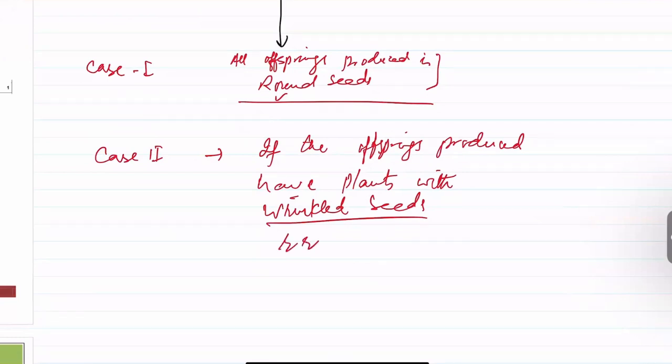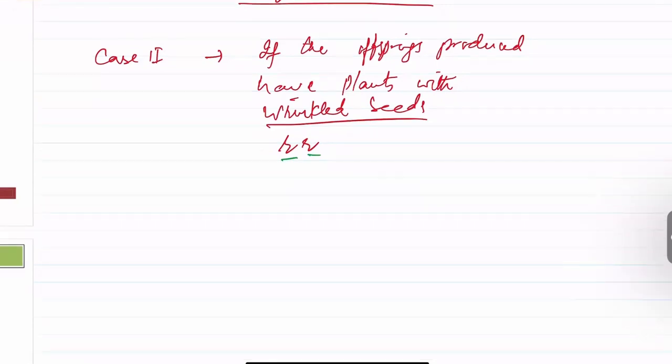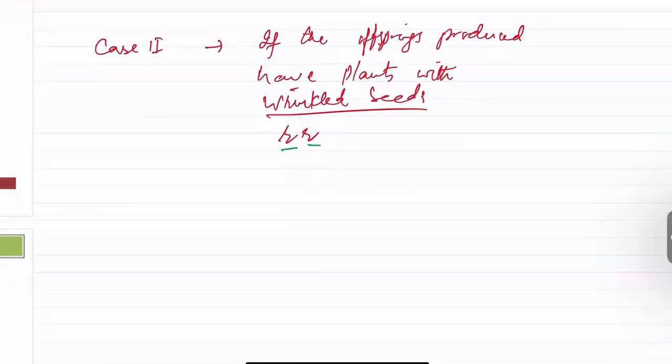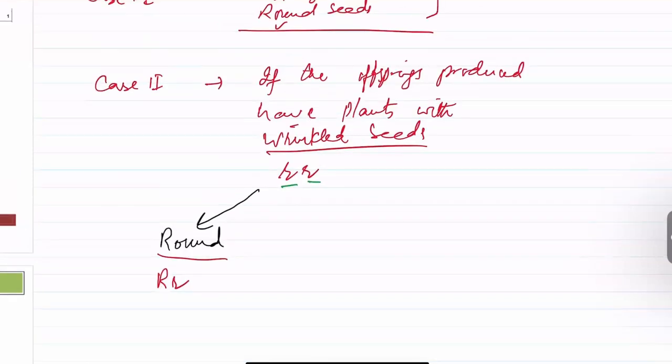So it has two recessive alleles. It means it receives one recessive allele from one parent and other recessive allele from the other parent. So a parent with the dominant phenotype, which is round, must have an R capital, R small. Otherwise, this cannot have the offsprings produced with wrinkled phenotype. Okay, so that's how we can